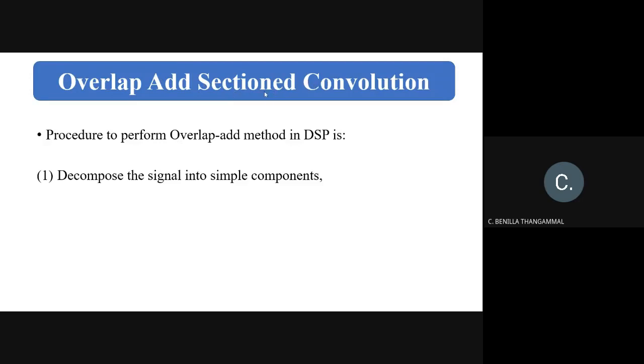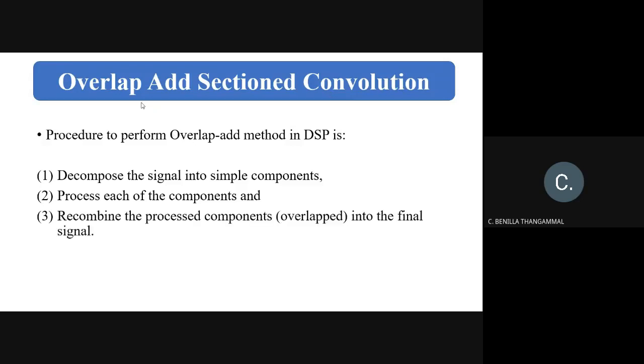First we section the lengthier sequence, and the second step is to process each component, so we perform the linear convolution for each component. The third step is to combine: the signals will overlap, and that overlap should be added together to get the final signal. So this is nothing but overlap add section convolution.